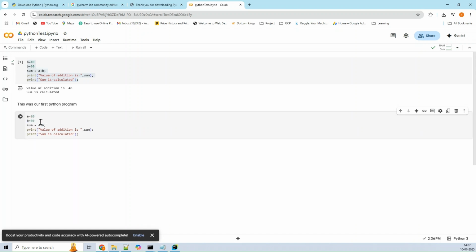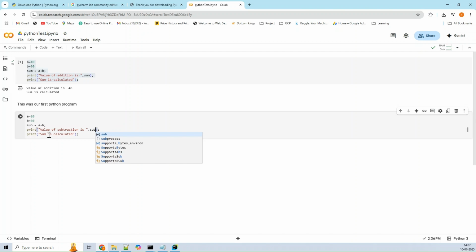We already did addition. Now we will do subtraction. Now we will just run it.